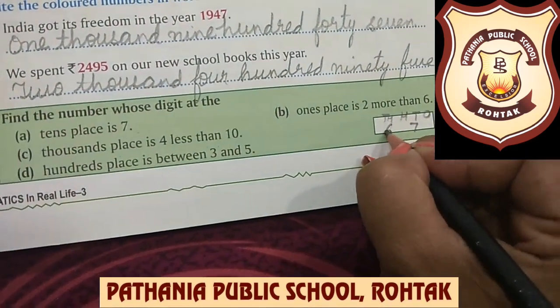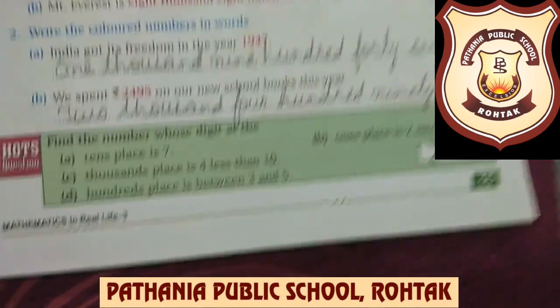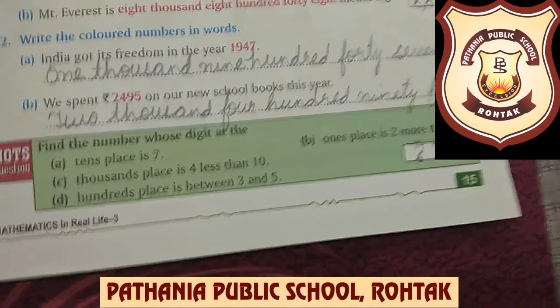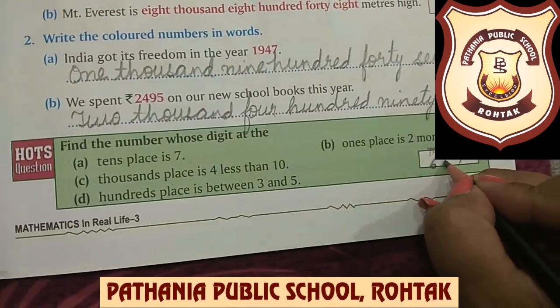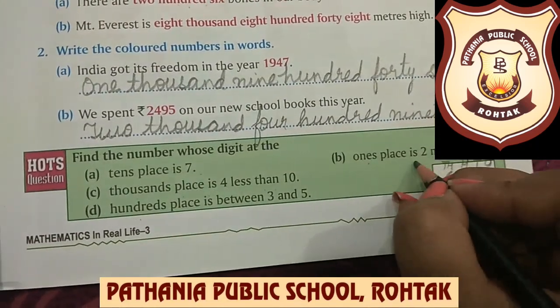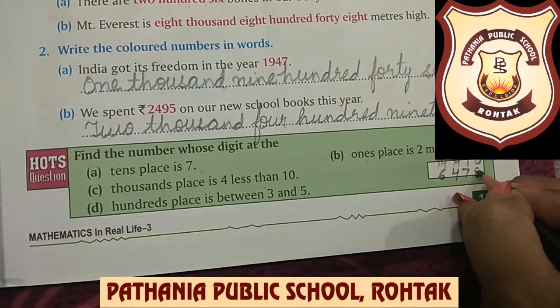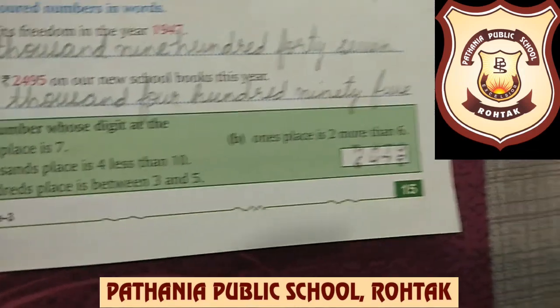So we will write 6 here. Hundreds place is between 3 and 5. Which number come between 3 and 5? Yes, correct. It is 4. So we will write 4 at hundreds place. Ones place is 2 more than 6. Now what is 2 more than 6? It is 8. So we got our number